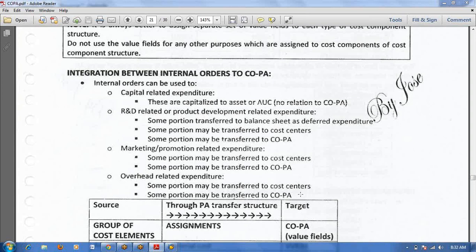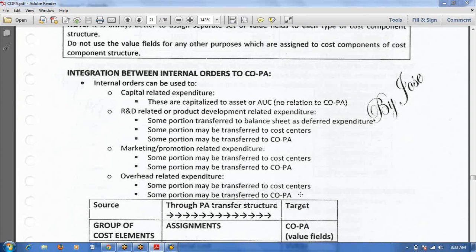Hari, one question. In all these cases, like in integration between whatever and COPA, is it at the option of the management to decide, or is it 100% that we need to transfer these? Because there might be cases wherein we are missing out some expenditure that's being transferred to COPA, and then the reporting comes out to be incorrect.